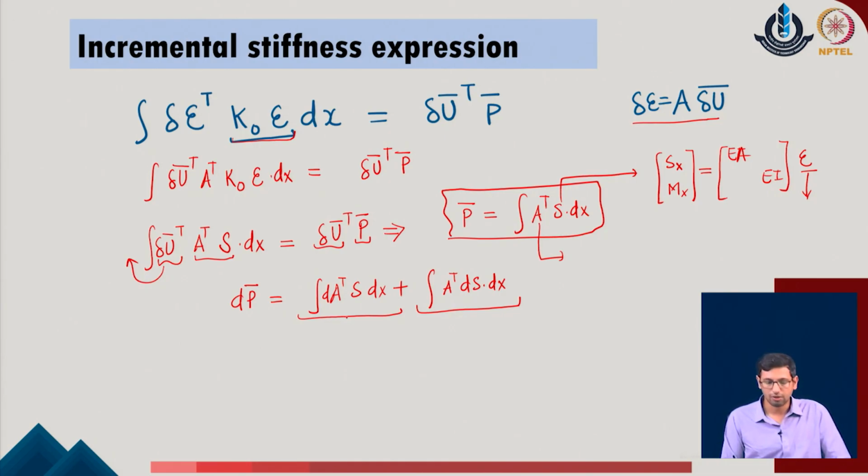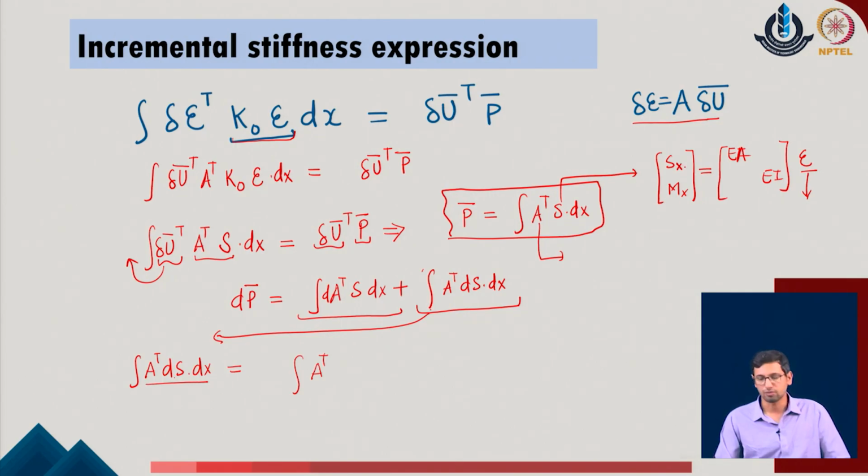So, using this idea, now we have again got two terms in the given process, first term which is identified like this, and the second term which is identified in this manner. I will take this term first to define the variation of the given system, similar to what we did earlier. So, with respect to this parameter, we get it as A transpose d of S dx integral in the given problem. Now, using this expression further, we realize that A transpose d of S in the given problem, as I write here, contains the two parameter terms which are written in terms of the elastic properties of the given material, which are described by the K naught matrix, into the strain parameter of the given system.